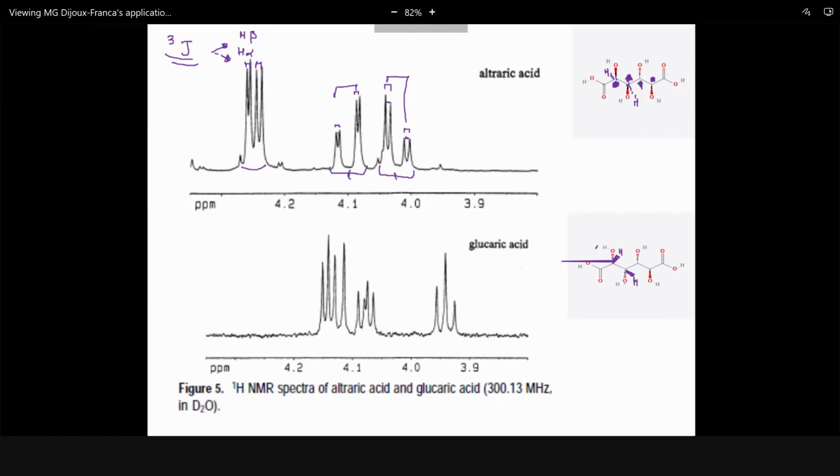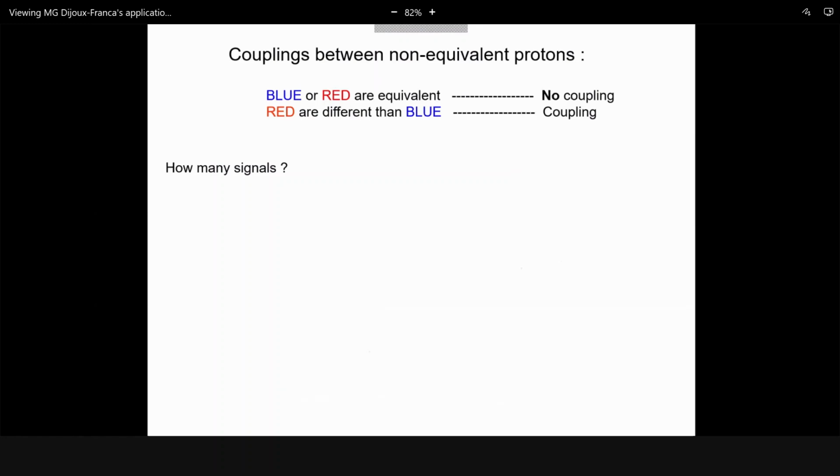So as you could see, the values of the coupling constant are not the same, and just by measuring these coupling constants, we will be able to choose between these two structures, even if the crude formula is quite the same. So it's very important to understand what the coupling constant means and how we can calculate it when we have different kinds of signals. So